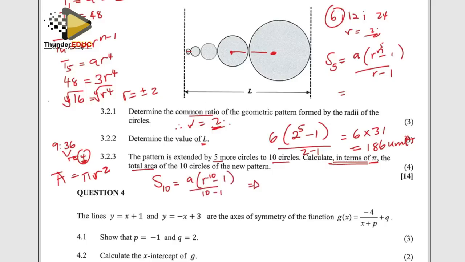Let me do the substitution. So our first area is going to be pi with a 9, so it's going to be 9 pi into the R we said is 4 to the 10 minus 1 over 9, because it's 10 minus 1 to 9. So this 9 cancels that. I have 4 to the 10. It's quite a big number. And then when I subtract 1, I'm getting